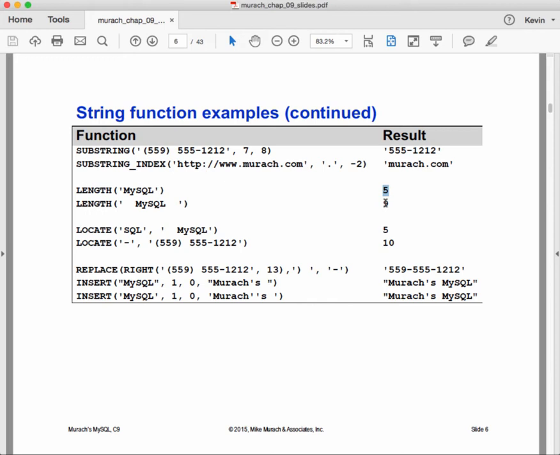So we want to locate SQL and space MySQL, and it's telling us that it starts in position 5. And we say we want to locate the dash in 559-555-1212, and it says it starts in position 10. Okay,